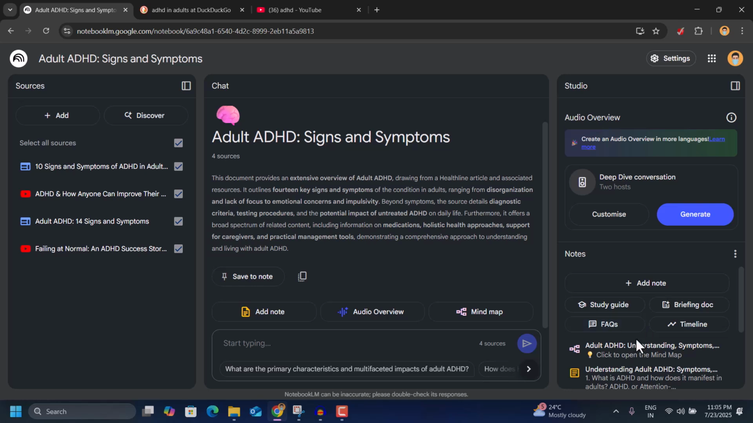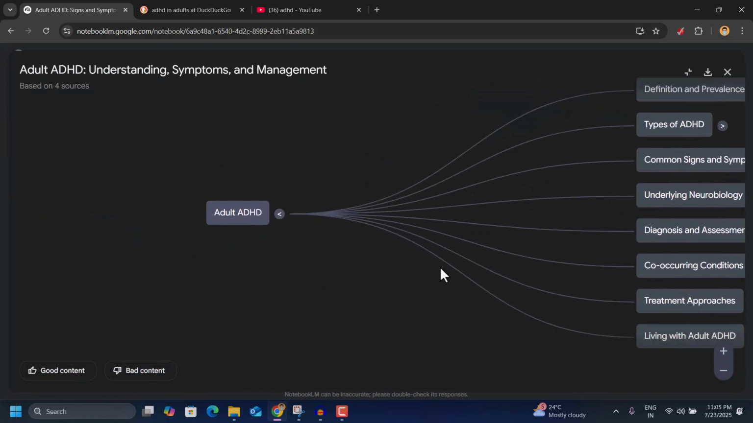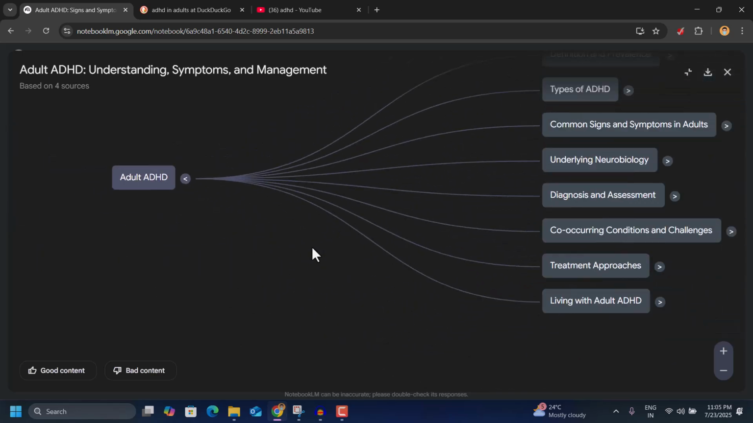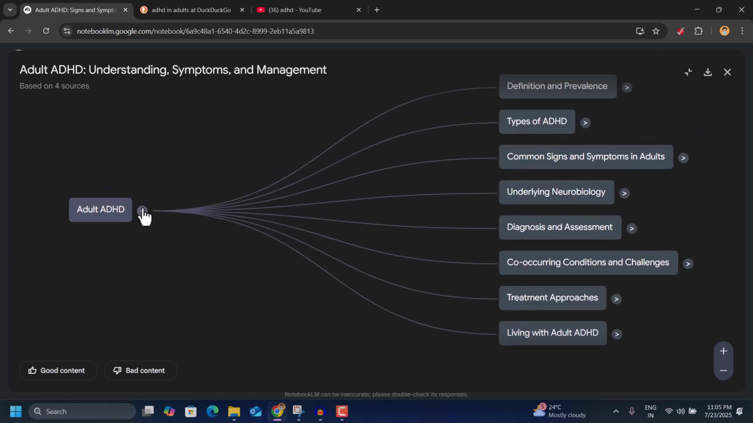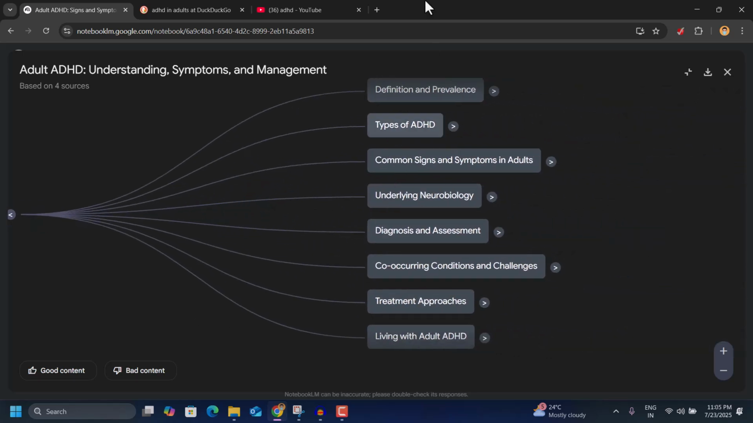So let's just click on the mind maps, and it will open up in a new window where you can see, you can just simply drag it, move it, and zoom in and zoom out. If I collapse all the branches here, you can see now it is one broad topic, the adult ADHD. If I open it, it will split into all the key